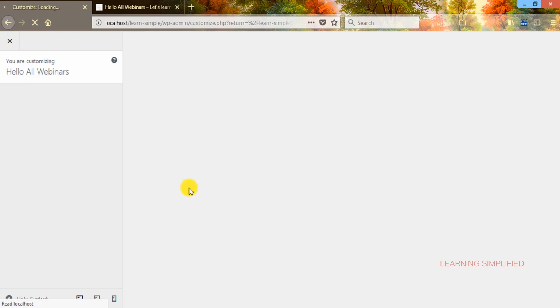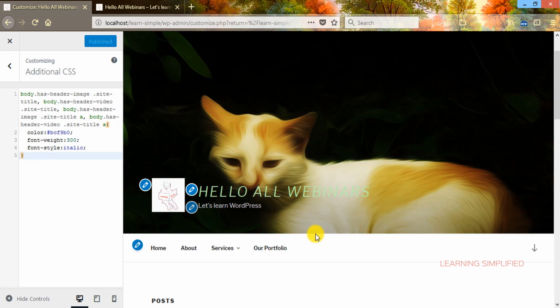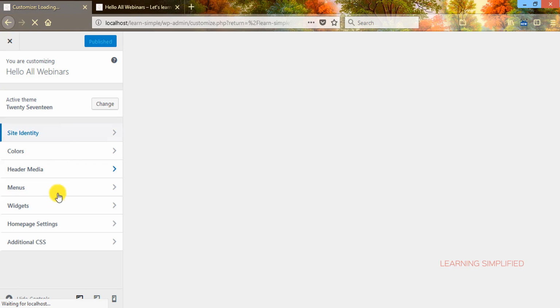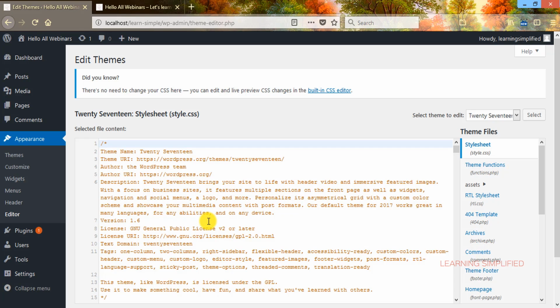But if we get back to the customize section and into additional CSS, we can see the changes we have made to update our stylesheet. That is why you should use this customize segment and additional CSS part instead of this editor. So that's all for today's tutorial.